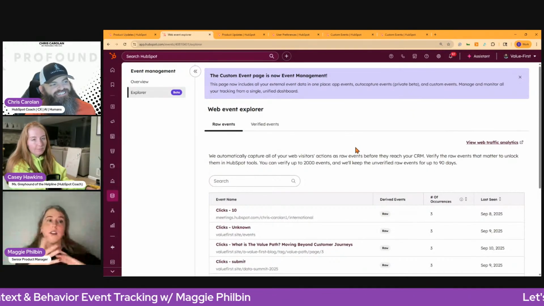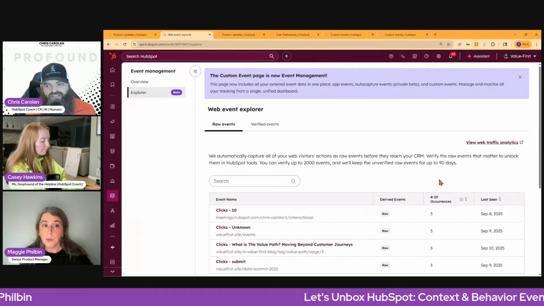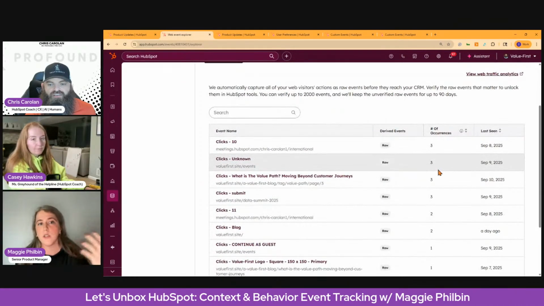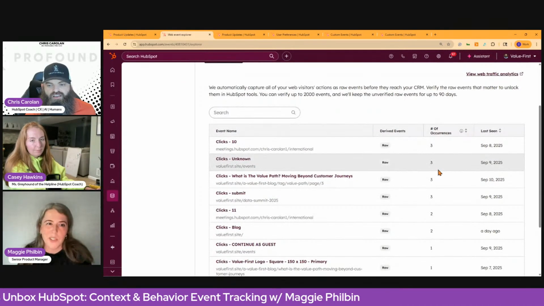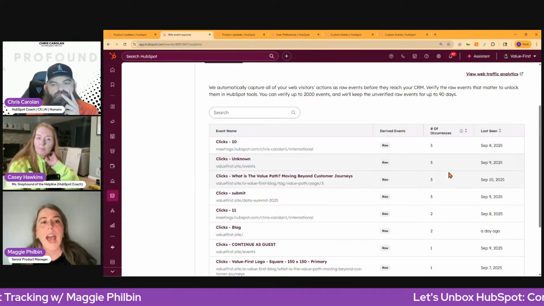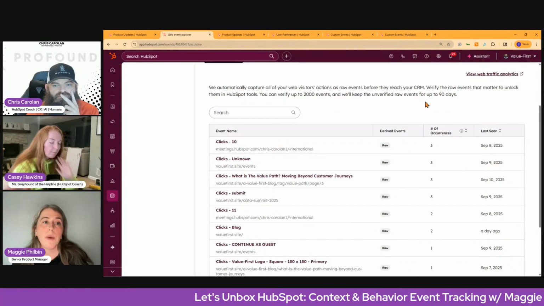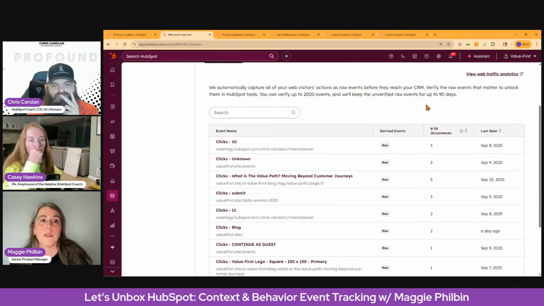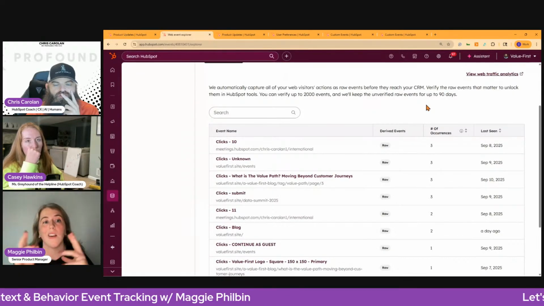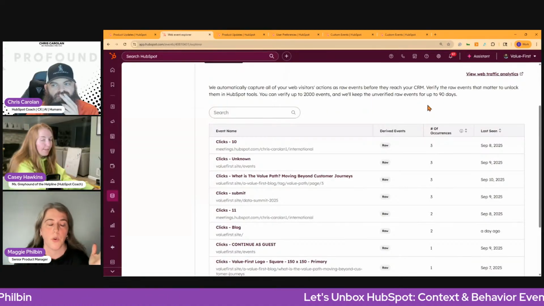Okay, so how this works is all of the raw clicks are tracked automatically. Every single time something clickable, that's the keyword, it has to be a clickable thing. We're not capturing no man's land clicks or rage clicks because those are largely, from a CRM's perspective, kind of useless. Every time something clickable is clicked, it gets sent here. Now, the reason we don't unleash these all into your CRM is because page clicks are way, way higher volume than page views. So there's a potential for there to be cajillions of them. So we put them all into this holding pen effectively first, and they're called raw events. So these are all the raw events from your website.